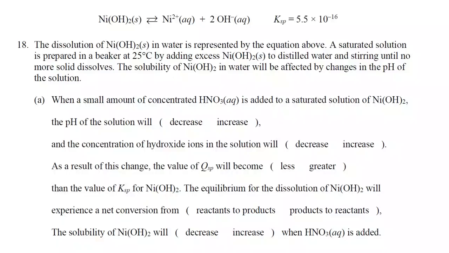The dissolution of solid nickel hydroxide in water is represented by the equation above. A saturated solution is prepared in a beaker at 25 degrees Celsius by adding excess solid nickel hydroxide to distilled water and stirring until no more solid dissolves. The solubility of nickel hydroxide in water will be affected by changes in the pH of the solution. In part A, it says when a small amount of concentrated nitric acid, which is a strong acid,